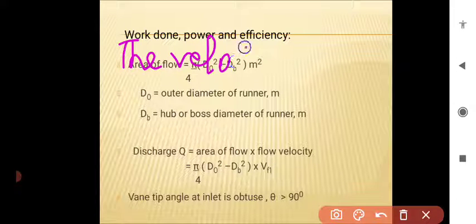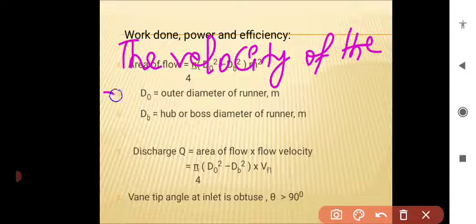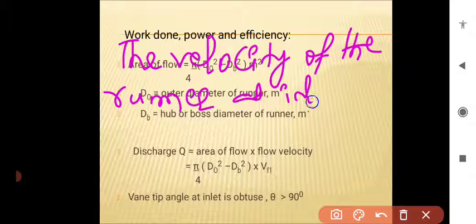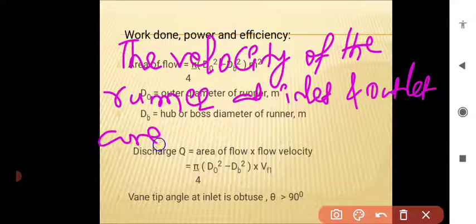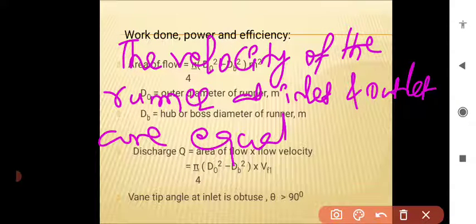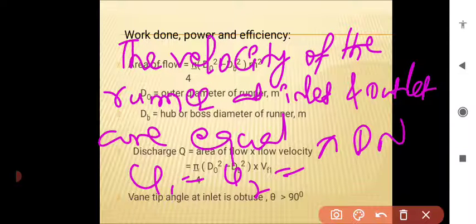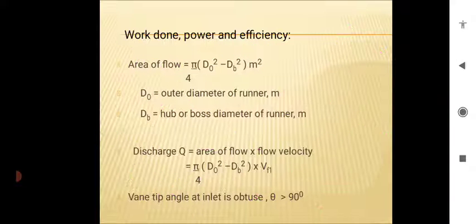The velocity of the runner at inlet and outlet are equal, so that u1 is equal to u2, which is equal to pi d n by 60. This is the peripheral velocity of the runner at inlet and outlet, and they are equal. So the fluid leaves the runner radially,